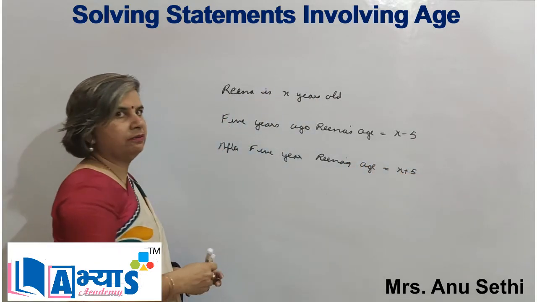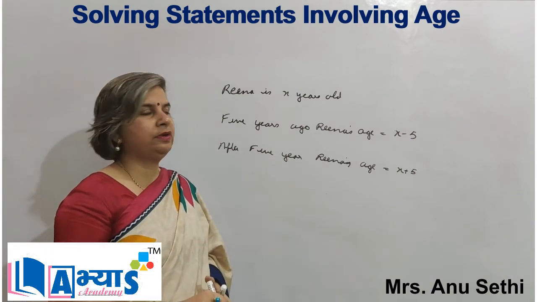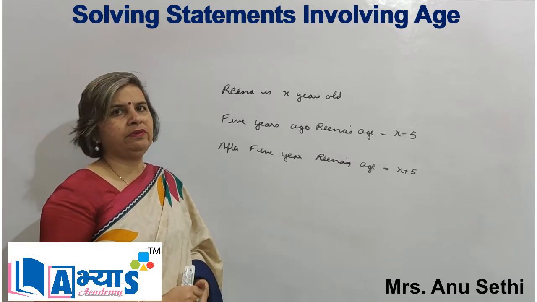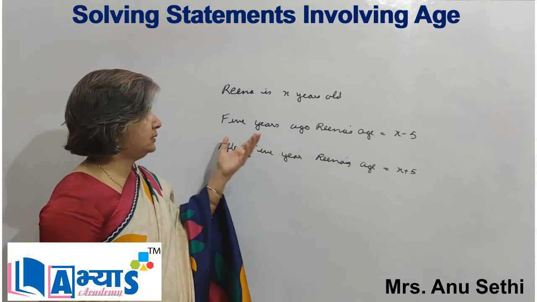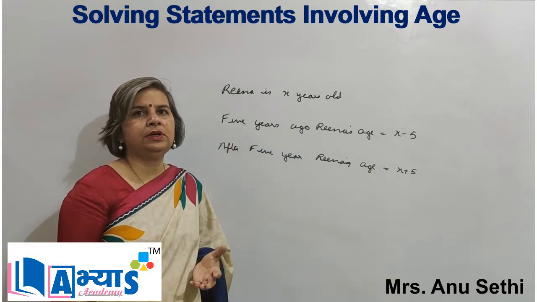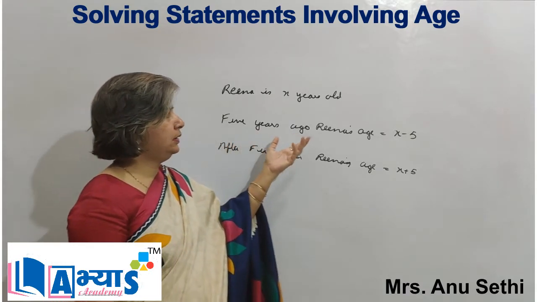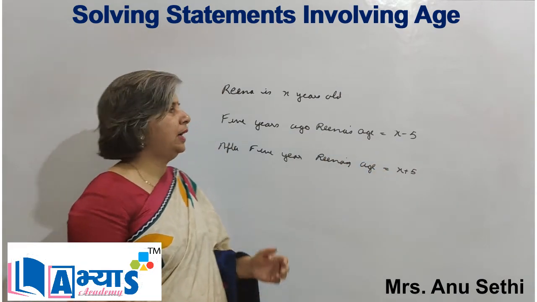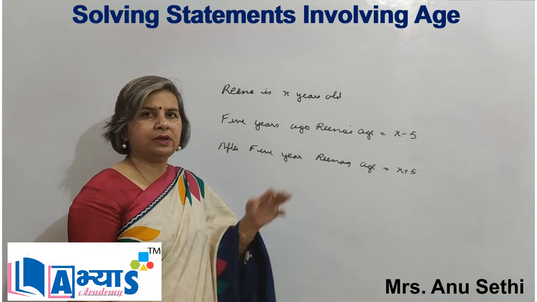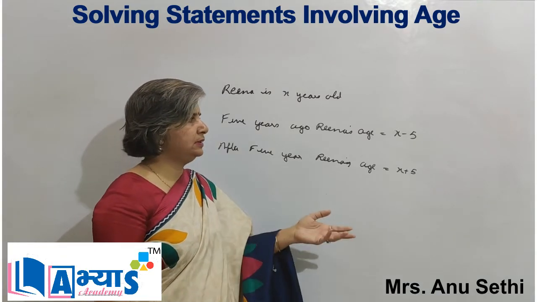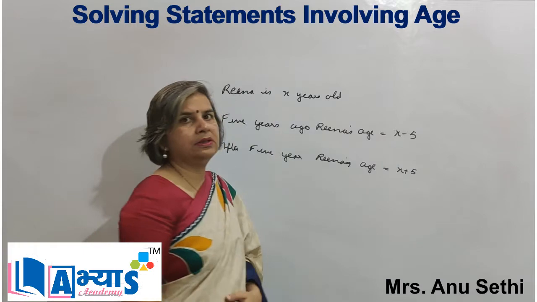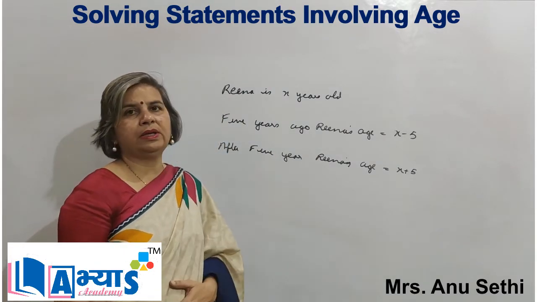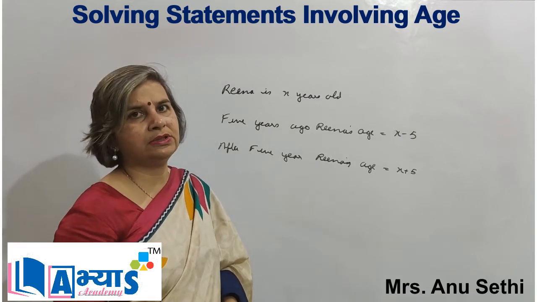So whenever we are given a question in which the age of different people are involved, we will assume the present ages. What is to be found we will assume as x. Then according to the question, if we are given the relation in terms of years ago, then we will subtract that number, and if we are given an expression after some years or some years hence, then we will add that figure in the value of x so that the question can be solved. Then we will try to make an equation, and then we will try to simplify the expression.